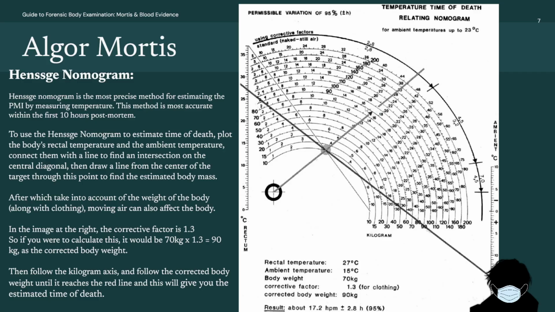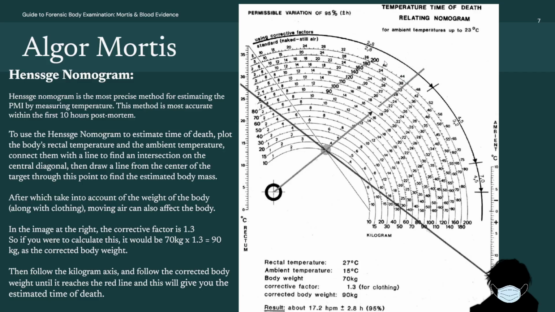For this one, it would be between 16 to 18, or roughly and specifically 17.2. So this is 17.2, and using corrective factors, it will have plus and minus 2.8 hours